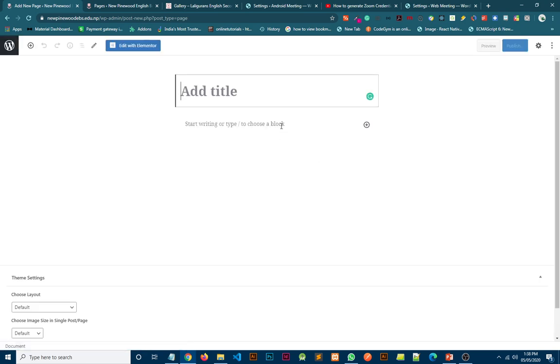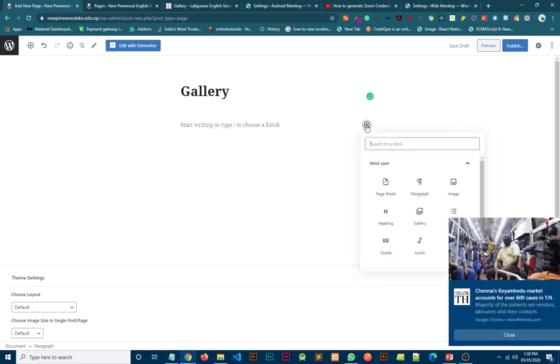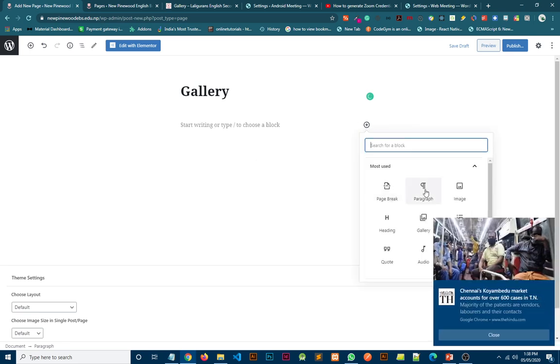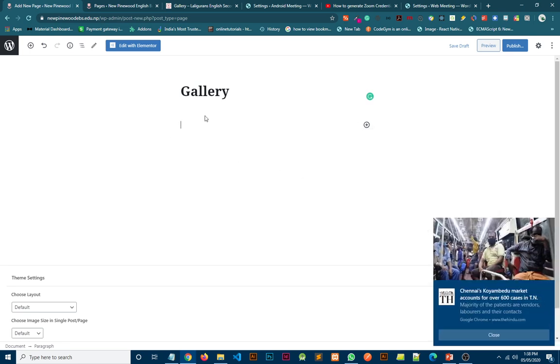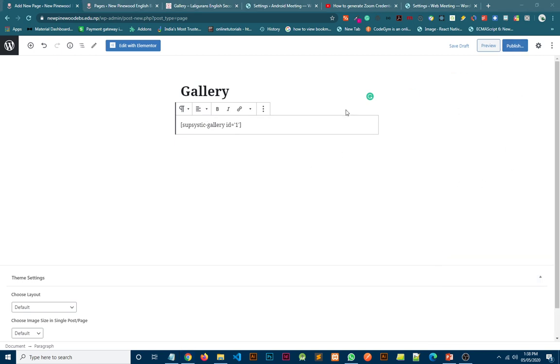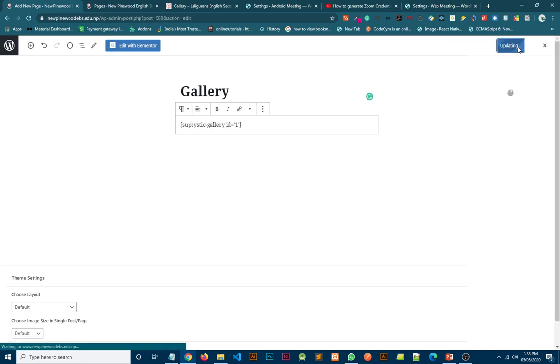Type here Gallery, and select here the paragraph block, and paste the shortcode here. After pasting, just publish.